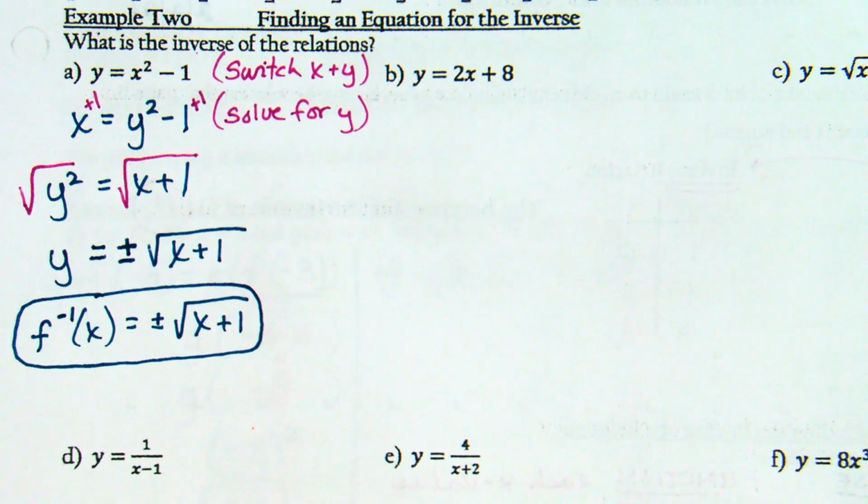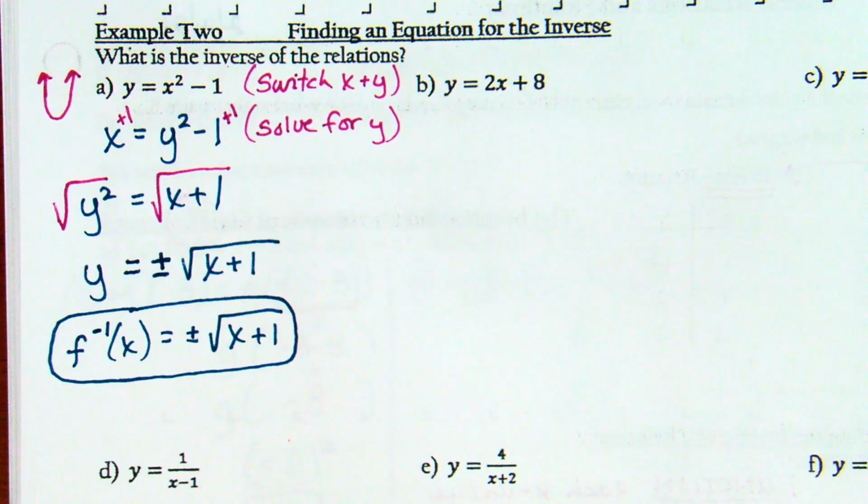Y equals x squared is the graph of a what? Parabola. The U shape. Y equals x squared is that parabola, yes? Now, think about a function and its inverse reflect across the line y equals x. So start trying to visualize. If you have this vertical parabola and you reflect it across the diagonal line,